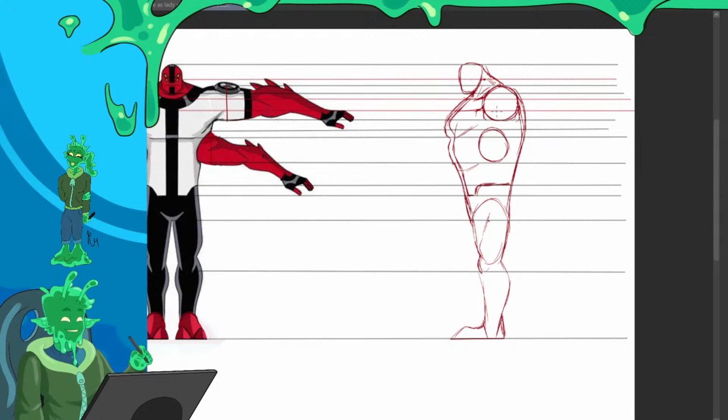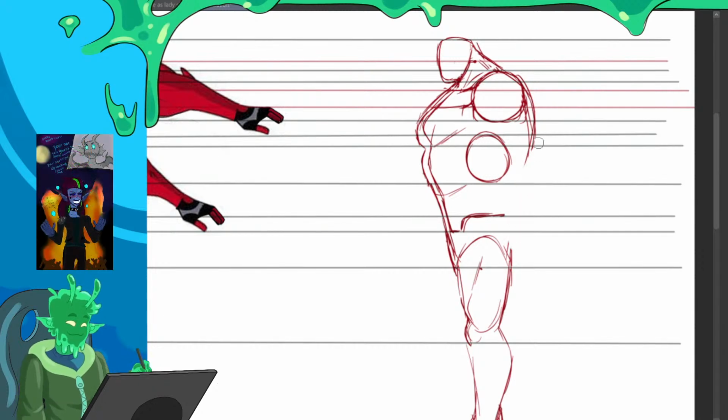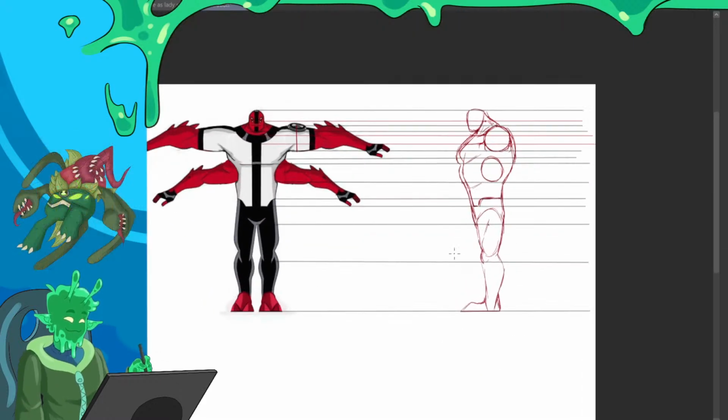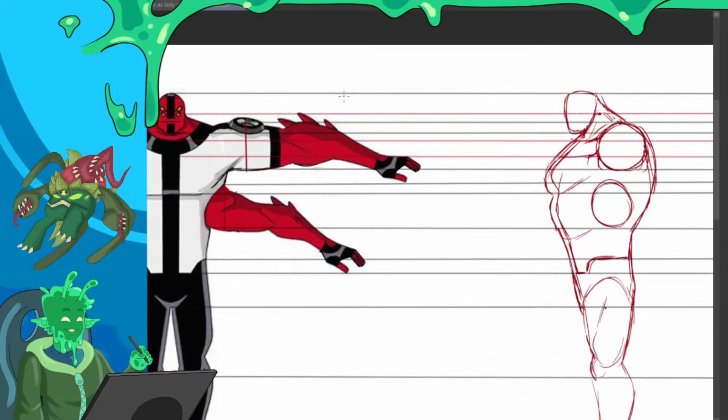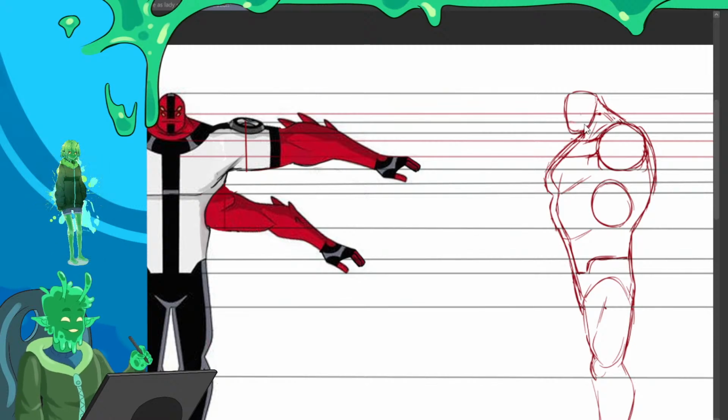I mean, that's forearms. He's actually skinnier front to back in the waist area, meaning that I have to do this. Yeah, that's that. All right, so now I got to line up his facial features. So mouth goes. Oh, mouth is actually on this line right here. So that's good. Mouth's right on that line, basically.